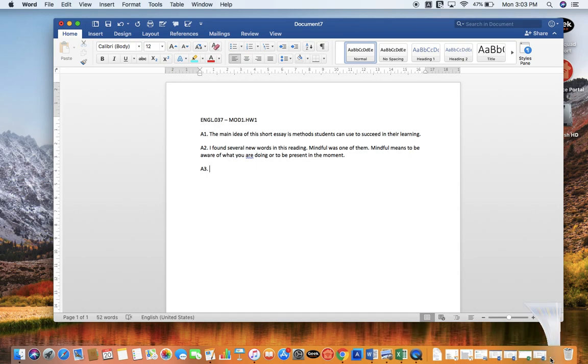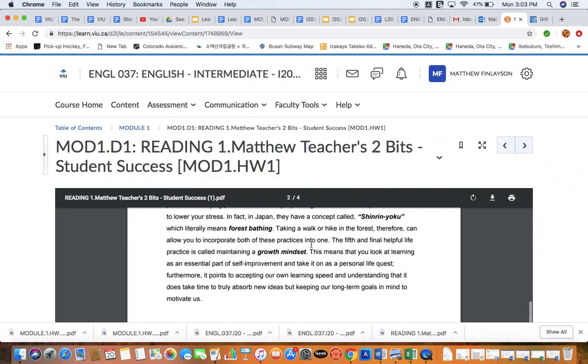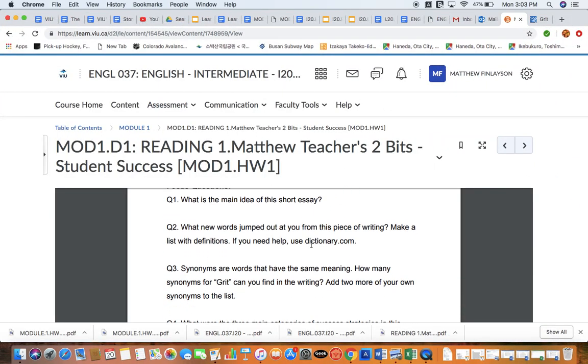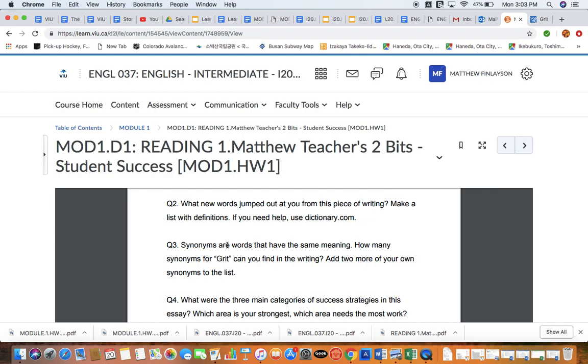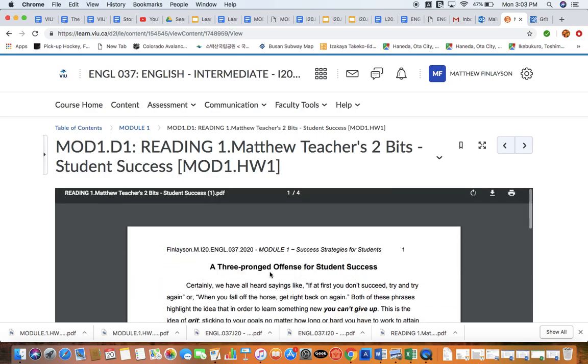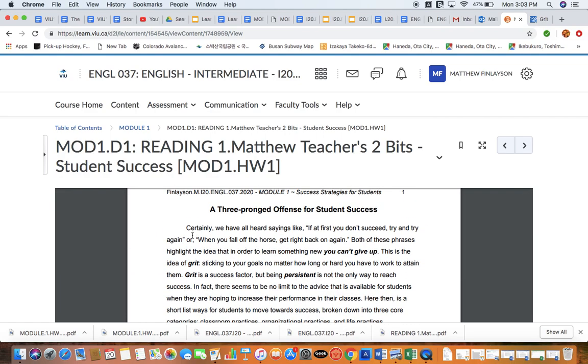So then if we go back here, let's keep working our way through the questions. Okay, synonyms are words that have the same meaning. How many synonyms for grit can you find in the writing? And then we're asking you to add 2 more of your own synonyms to the list. So if we go back to the beginning here,